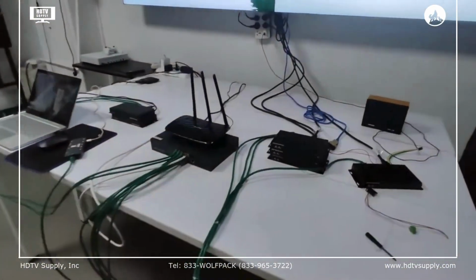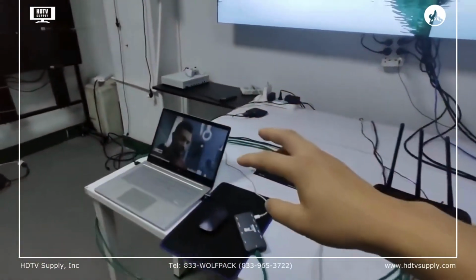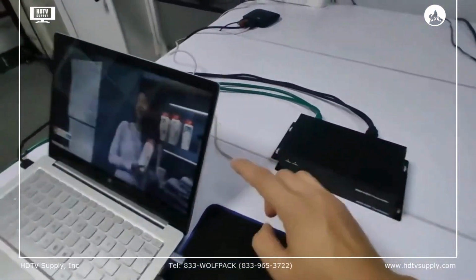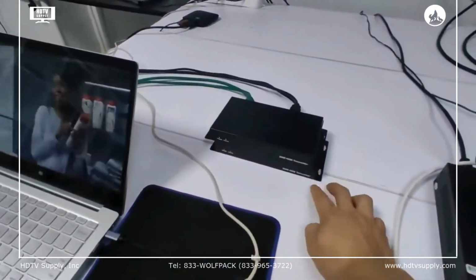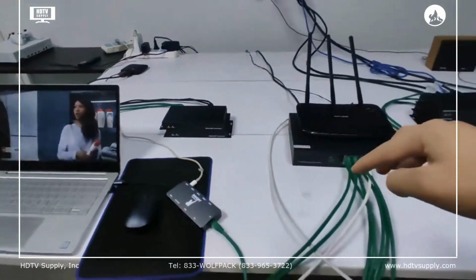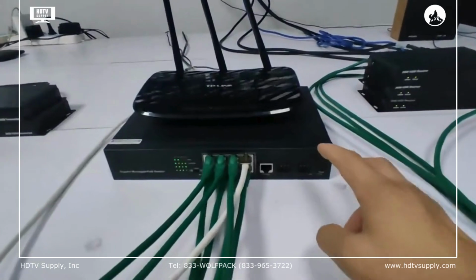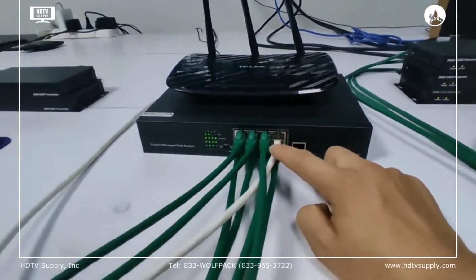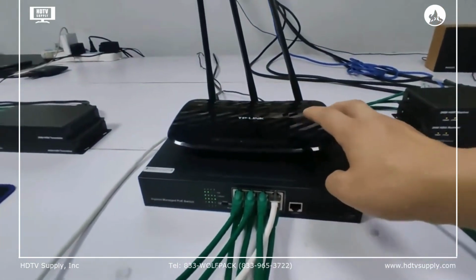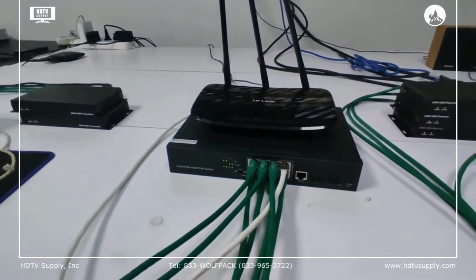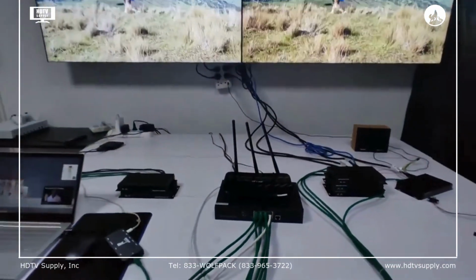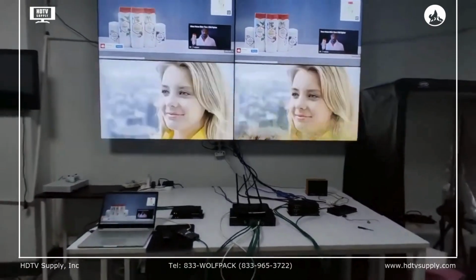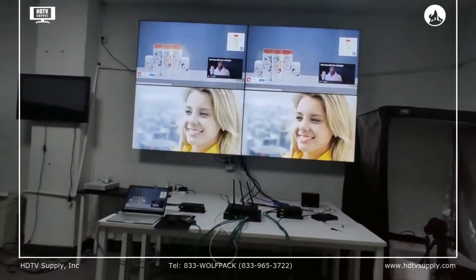So basically right now we have 2 sources, and one is the player to the transmitter on this side, and one is this laptop to the second transmitter. Then over the line cable to the PoE NAT switch here. On the PoE NAT switch, we need a LAN port connect to the Wi-Fi router. So we can use the iPad application to really control the whole setup, including making a video to turn off the displays or do the matrix